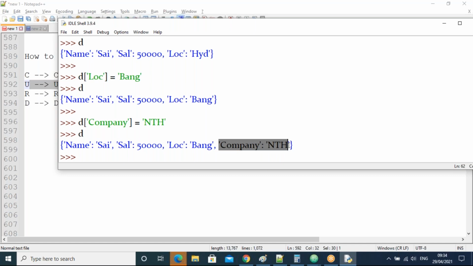So what does it mean? If the key is already available in the dictionary, then the value will update. If the key is not available, then it will be added as a new pair in the dictionary.